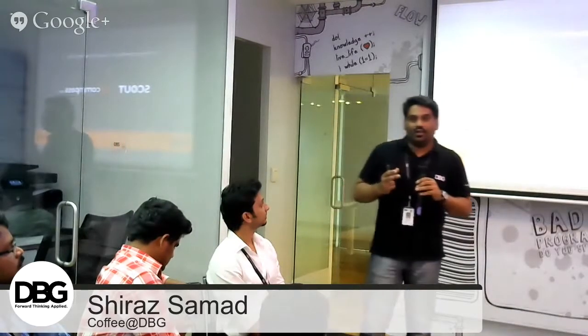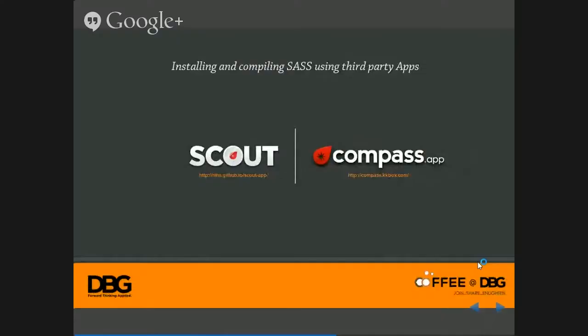If you are not comfortable with command line tools, we have some third-party GUI applications. One of them is Scout, another is Compass. We have a lot of other applications like Prepros.